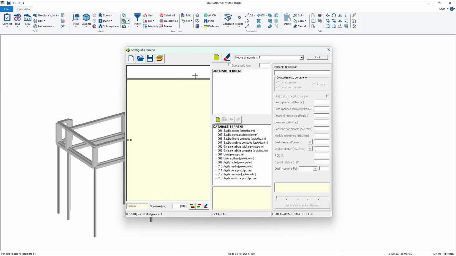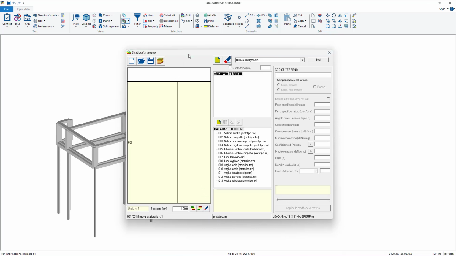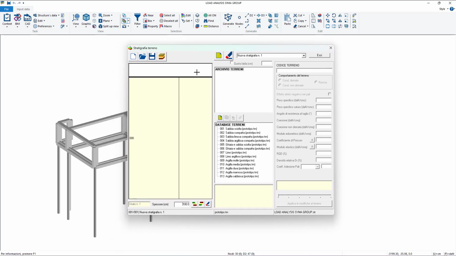Okay, so here is the part of the window in which you can see the stratigraphy. With these commands, you can insert a layer. With this command on the left, you can insert a top layer, and with this one, a bottom layer. And with this one, you can delete the layer. I'm sorry that this part is only in Italian. It has no translation in English, but I think it's still quite easy to use.